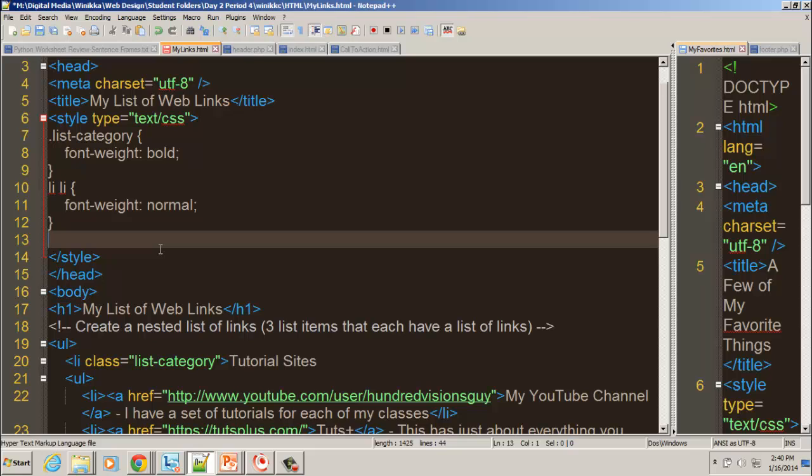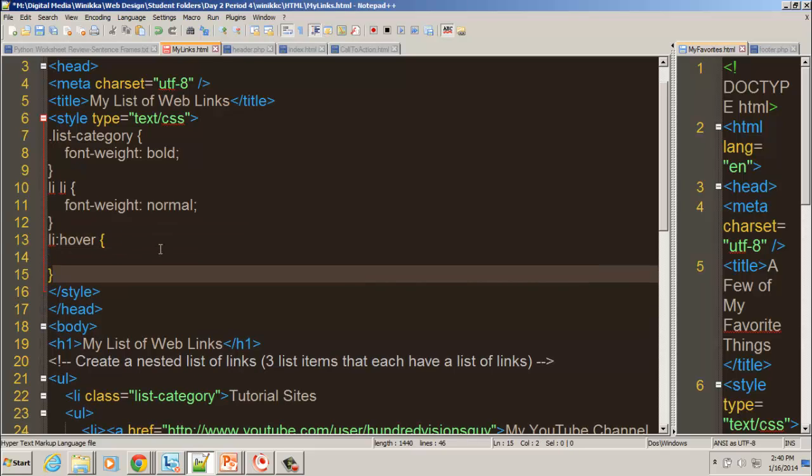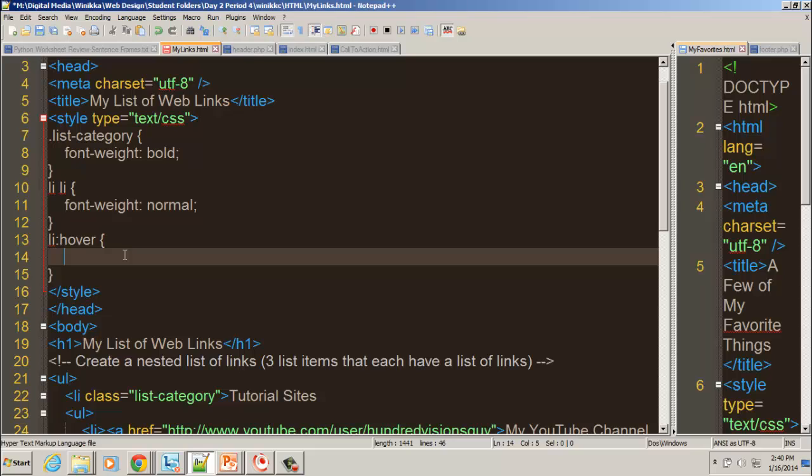Now, let me just show you something here. We're going to use a pseudo selector. I'm going to put a li colon hover. Now, I don't recommend you necessarily do this. And in fact, that brings me to a really important lesson in CSS: just because you can do it doesn't mean you should do it. Okay? Just remember that. So just because we can have a hover effect on our list item doesn't mean we